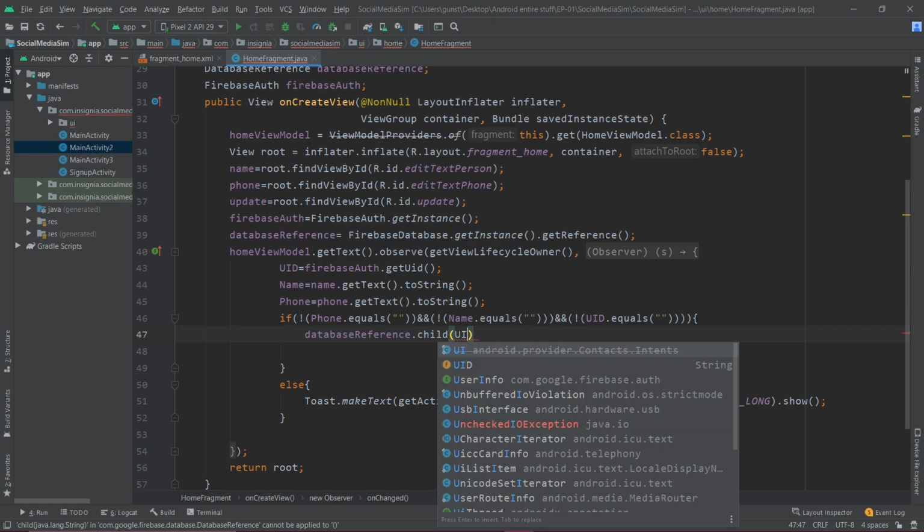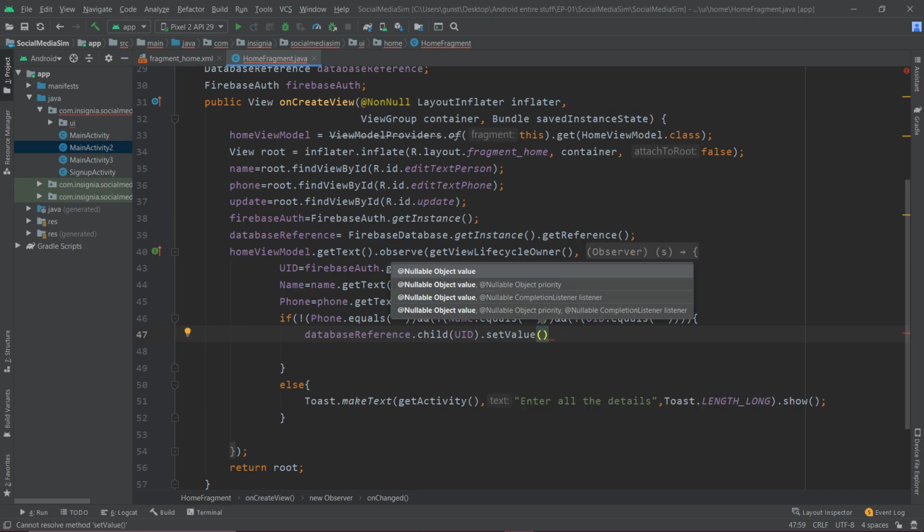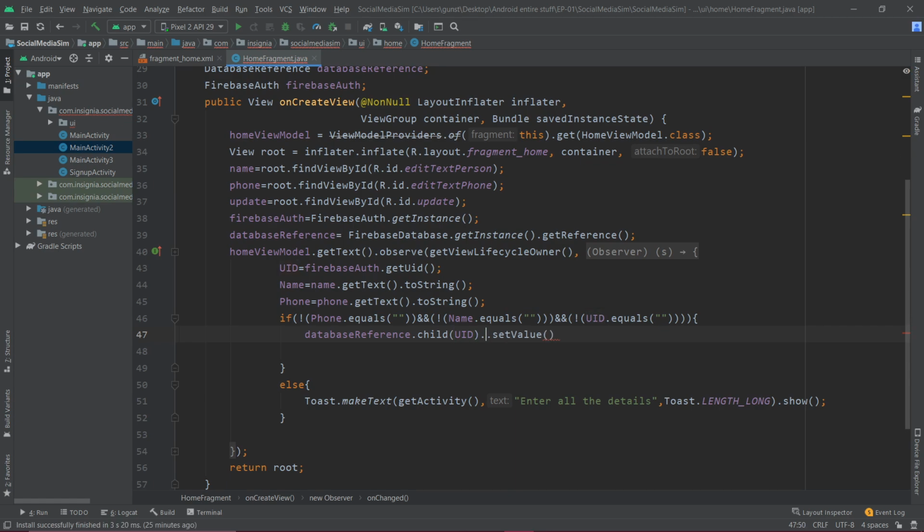So we are going to put up our UID as the child, and we are going to use something like setValue, which asks which object you want to put as value. I'm going to have to set a name. So child of name, wait a second, name.setValue(name).